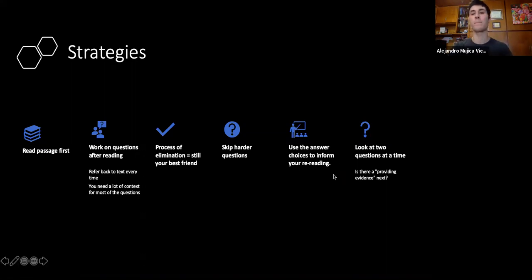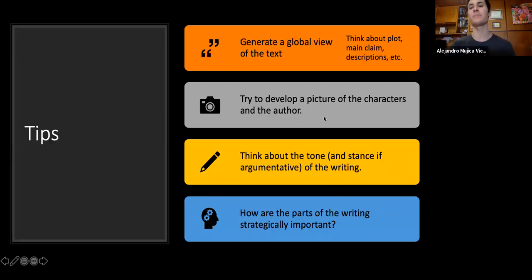Okay, let's go to tips now. Generate a global view of the text. Think about the elements of the text, okay? Think about plot, think about the main claim, think about descriptions, think about characters, all that stuff, and generate a sort of global view,